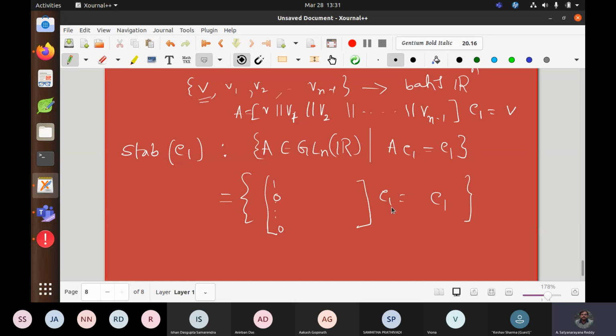This part is okay now, E1 is even, right? But I need to take care that it is in GLN of R. So for that, can I take some star here, and here some matrix W, let us say W, right? What is the dimension, where does it belong to? So GLN minus 1. If you take it like that, you are done. What I'm saying is, this W belongs to GLN minus 1 of R.